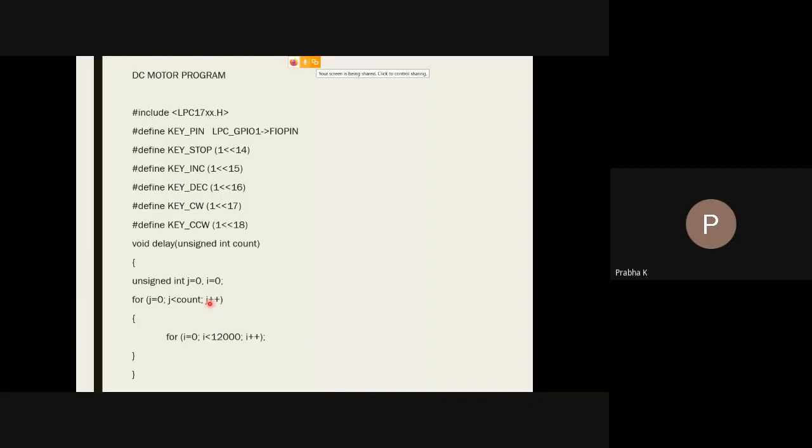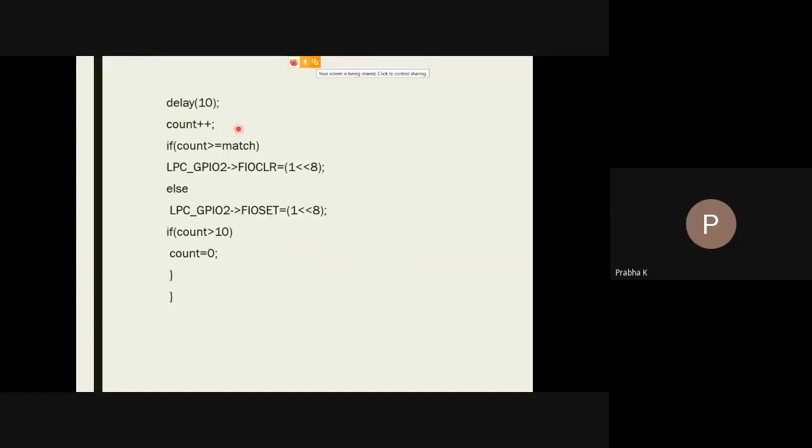Because we cannot provide the voltage values directly to the armatures of the motor suddenly, because your hardware is slower than the software. Your motor is slow compared to the LPC1768. So that's why we need to provide a delay.